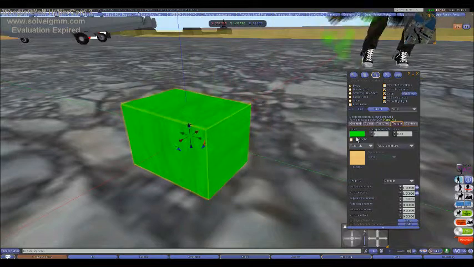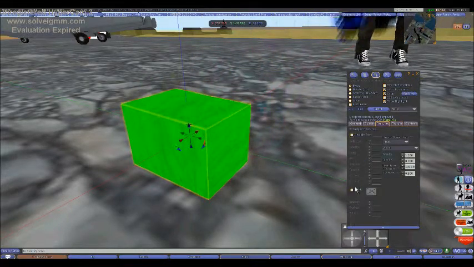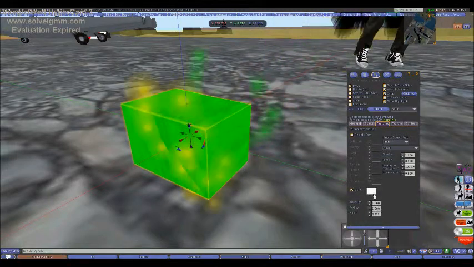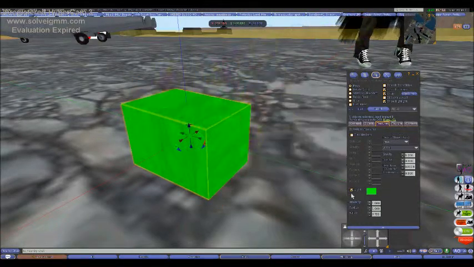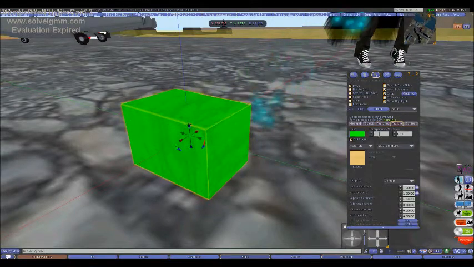Which is pretty cool because you can use full bright to make a sign and then go back to the features and have it actually throw green light. It's like that. So that'd be a pretty cool feature. So moving on, we got